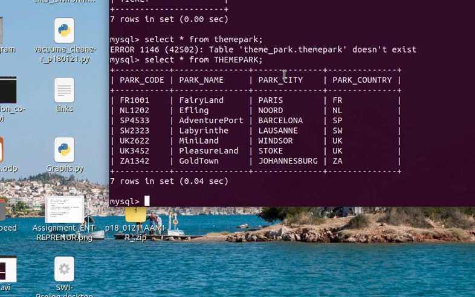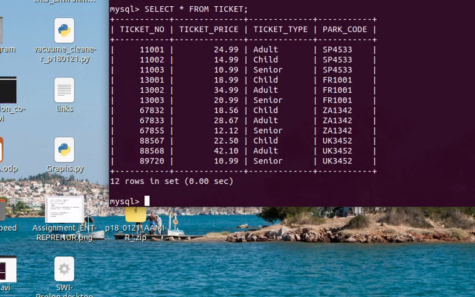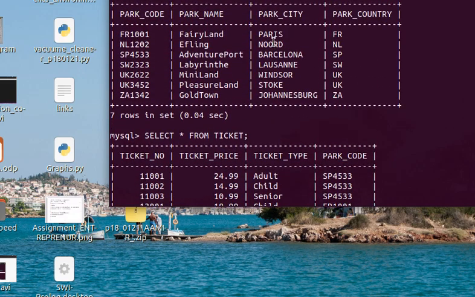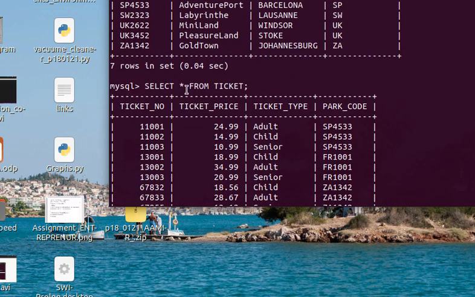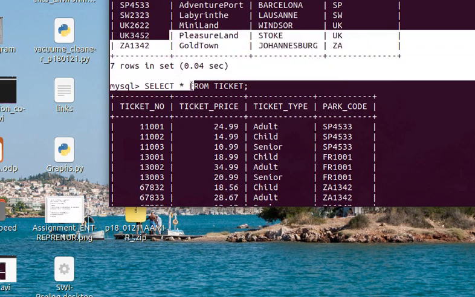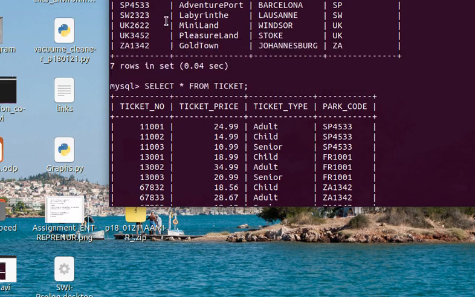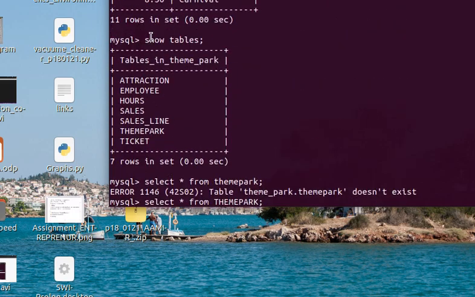For joining three tables, we should have unique keys in these. So here is a theme park, and let's select everything from ticket. So here is the ticket table. So let's check whether there is a unique key, unique column. So park name, park city. So there is no such unique column in these two. So we cannot join these two tables. Yes, we can join these with subqueries, but this is the introductory part. So we will use just basic commands for joining.